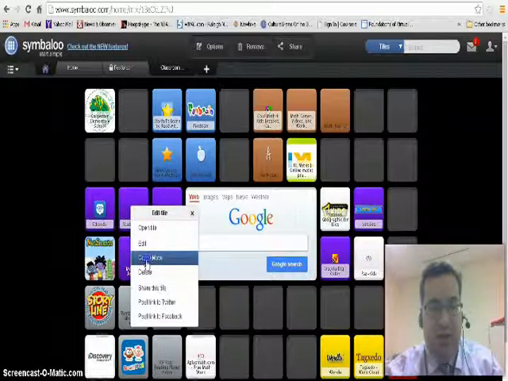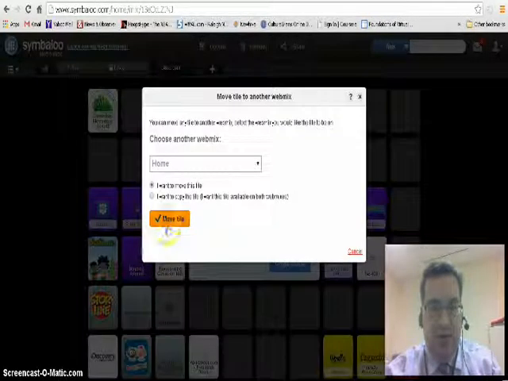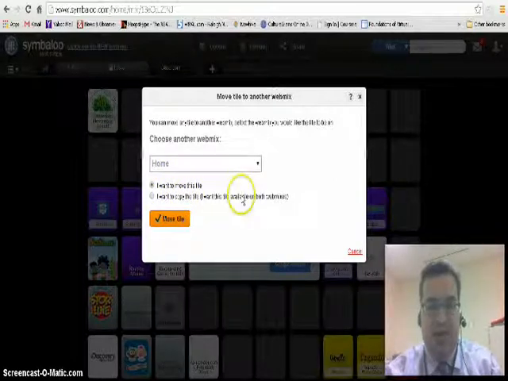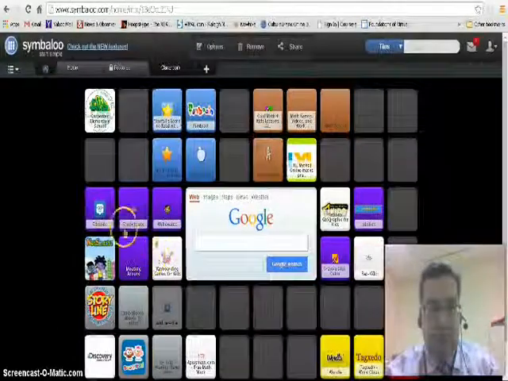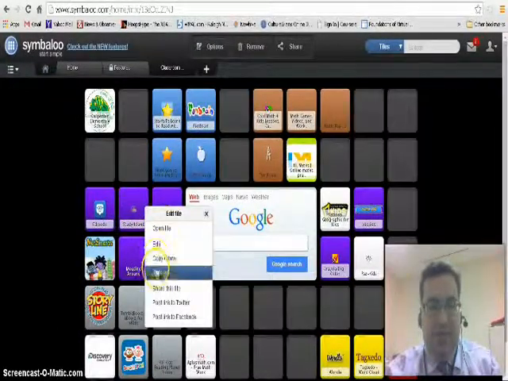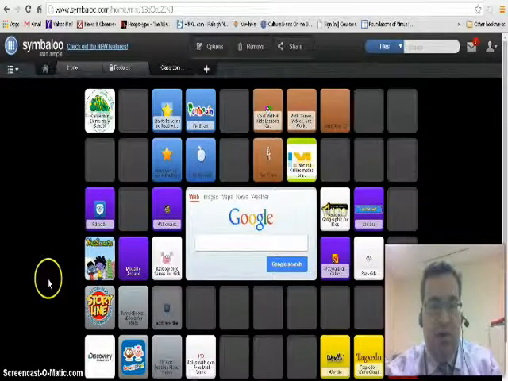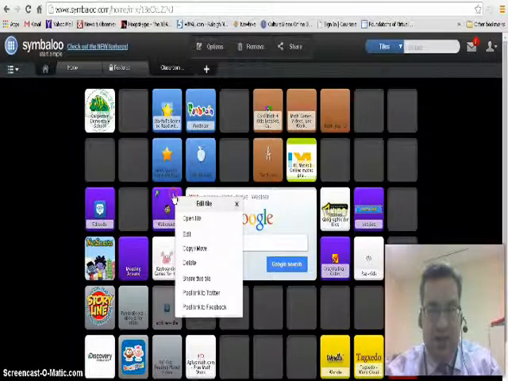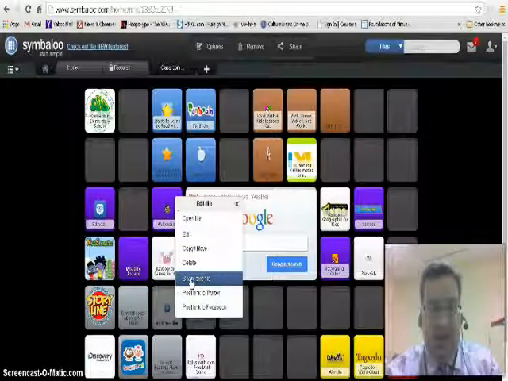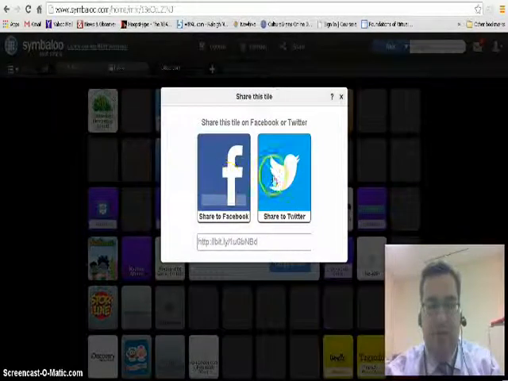If I decide I want to copy or move the tile, you can choose whether to move it or to copy it, and that way you can have it in more than one web mix. If I decide to delete it, for example, if I decide I'm not using Study Island anymore, I can click delete and that tile is no longer there. I can also share the tile with others on Facebook or Twitter, or there's my unique link to that particular tile that I can share in an